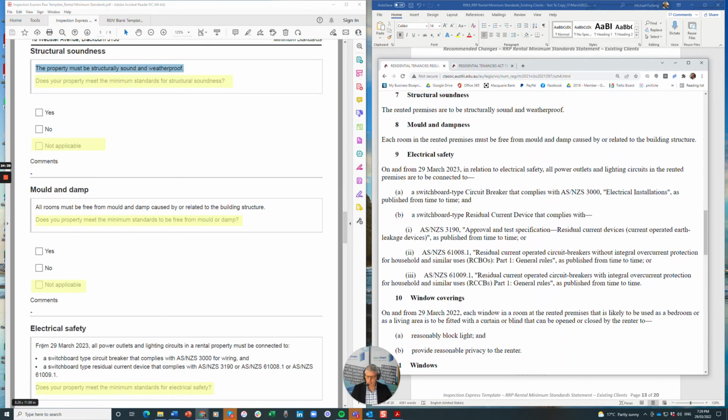From 29th March, all power points and outlets, that's next year, all power points and outlets, lighting circuits in a rental property must be connected to switchboard, wiring, switchboard, and 3 different types. That's it. Okay, but here, the actual regulations that we're bound by and the owners are bound by, on and from 29th March, again, no change. In relation to the electrical safety, power outlets and circuits need to be connected to a switchboard with a circuit breaker, electrical installations as published from time to time, switchboard residual current device that complies with, and then you've got